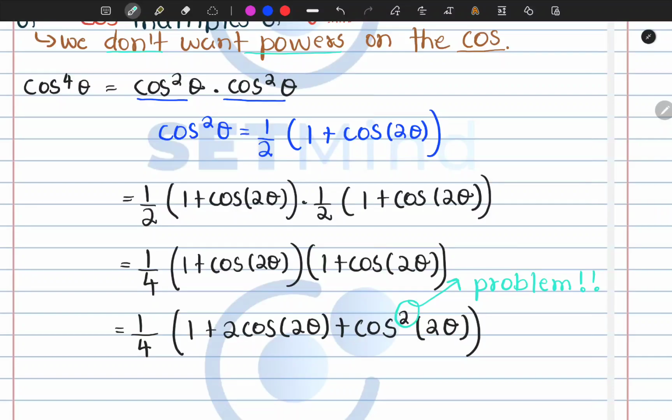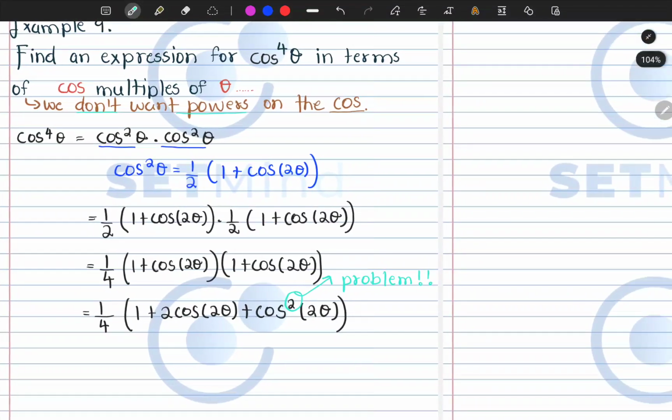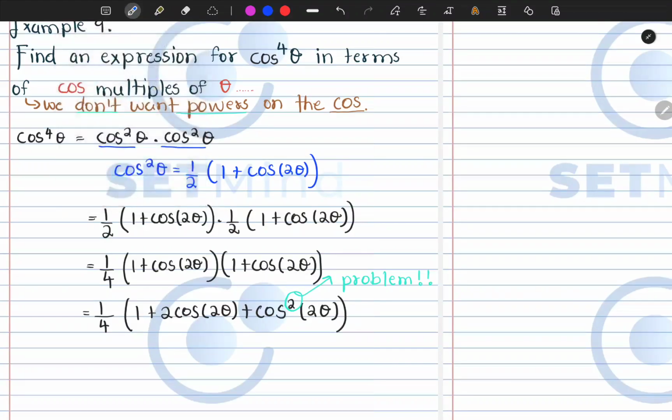Why is it a problem? It is a problem because we have a power. And as we said, we don't want powers on the cos. So we need to deal with this. However, we already know the blue expression here. So if you look at the relationship, which I noted previously,